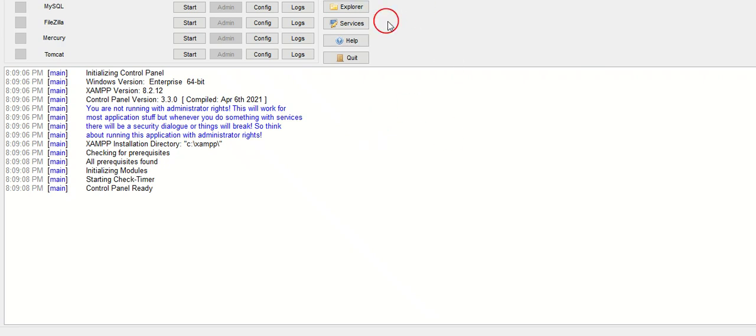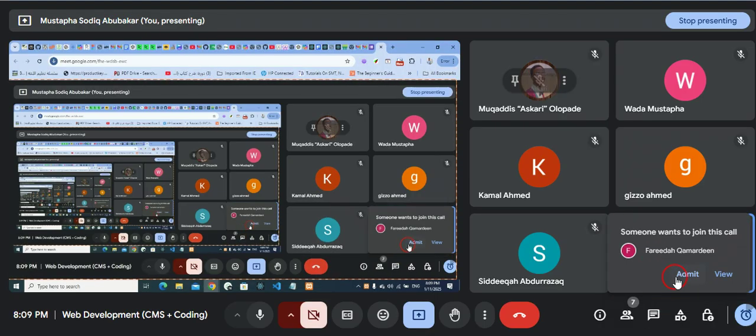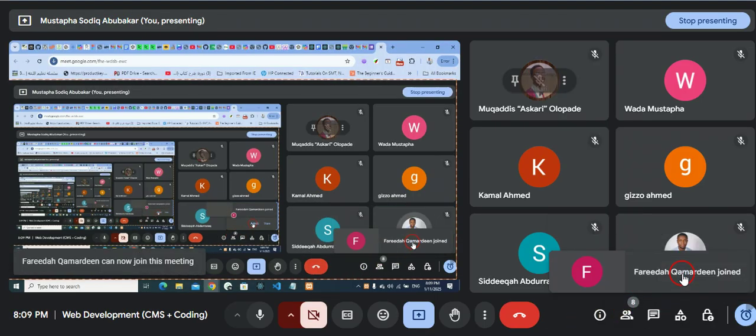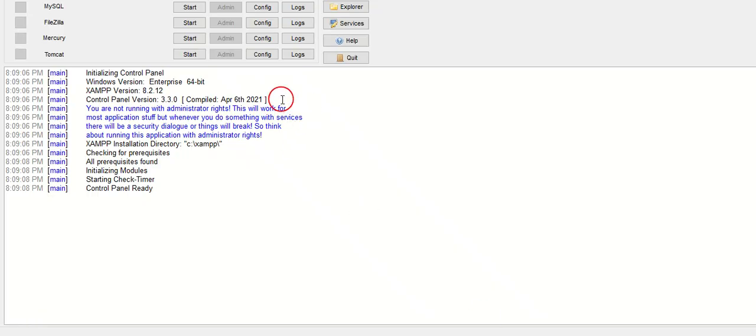This our Xamp software, right? So now let's first explain this. This is one of the sweetest things about tech, right? If you are one of the students that I was teaching last week about cloud computing, then you have a lot of limitation because you have to subscribe to some of the features before you will be able to get them.